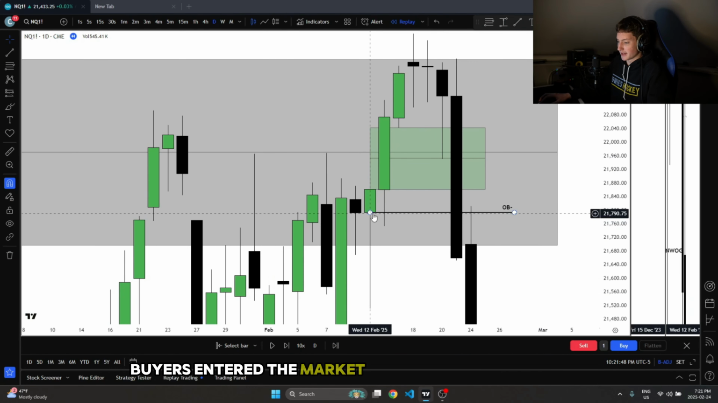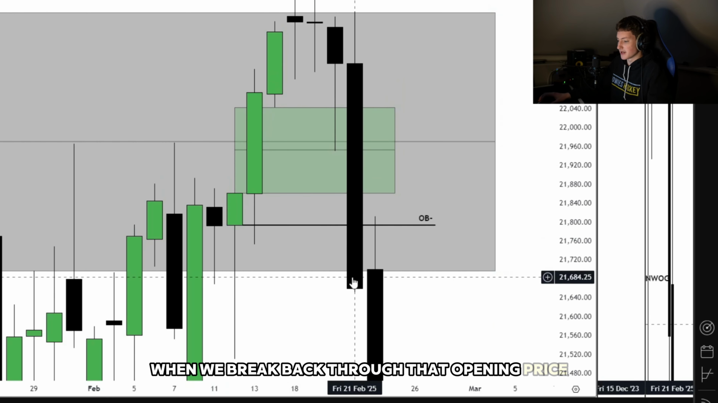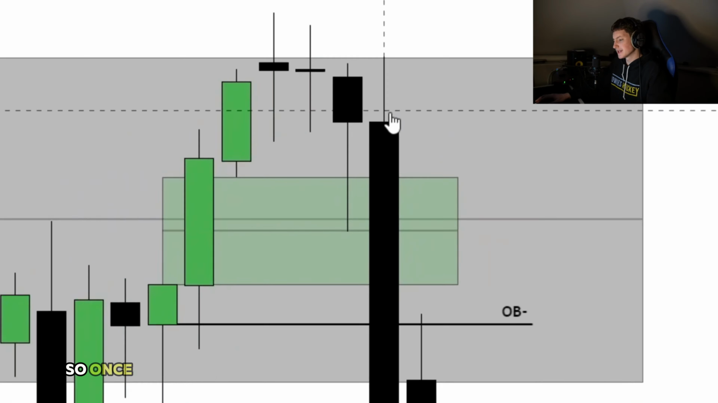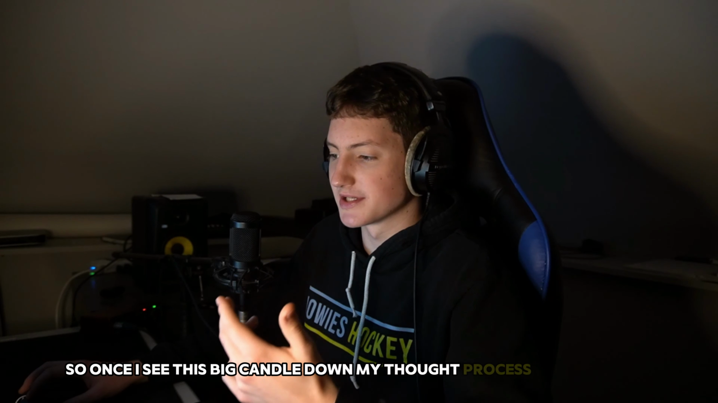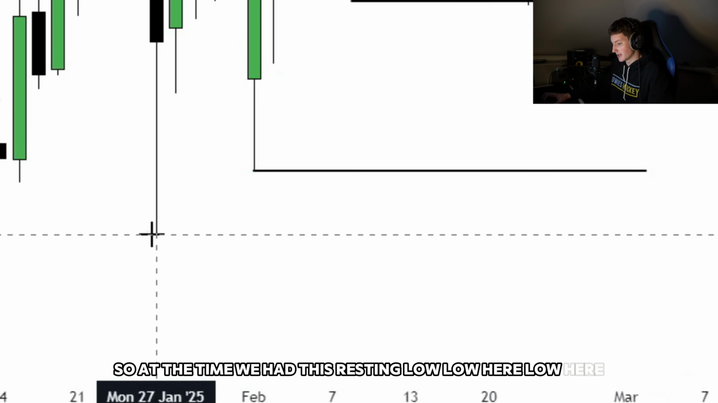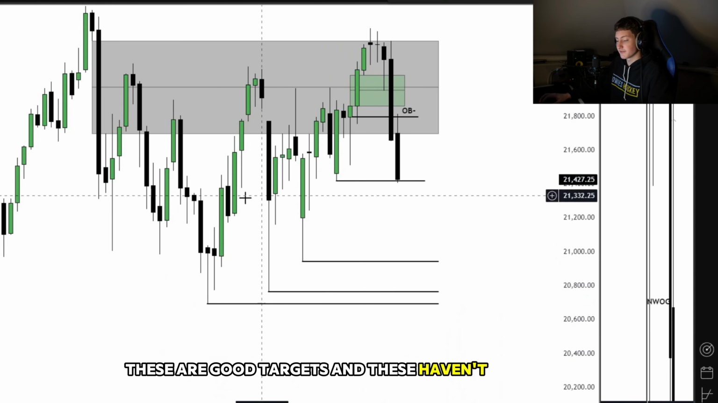You can think about it this way. Buyers entered the market here at this opening price, and we push the market up. When we break back through that opening price, it's showing us that buyers that were here are no longer present in this area, and sellers are stronger. That's the best way to think about it. So once I see this big candle down, my thought process is going bearish, okay? We also have resting lows below. So at the time we had this resting low, and you notice that none of these lows took each other out. These are good targets, and these haven't even hit yet, but I have called